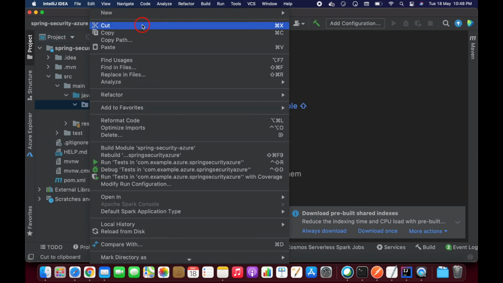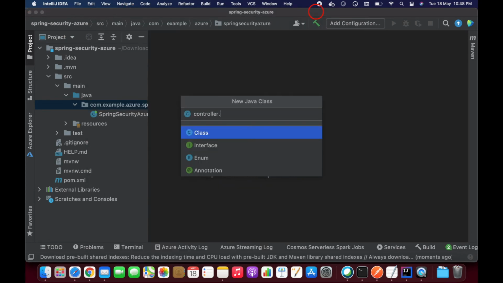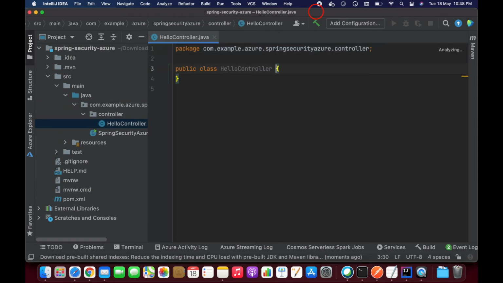Let me create one controller. This is a REST controller.